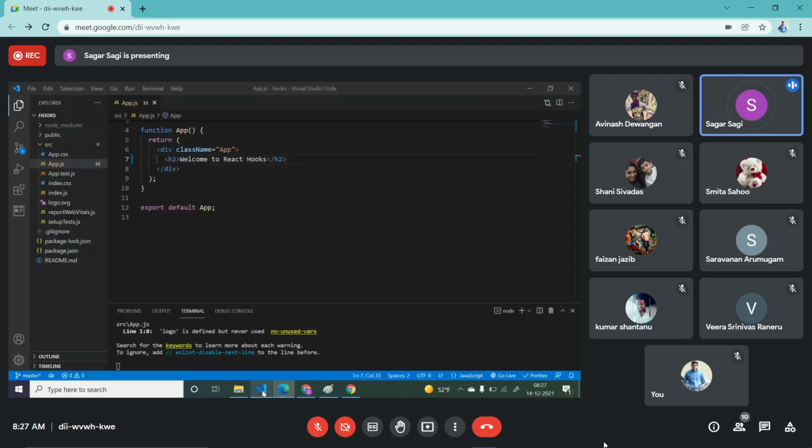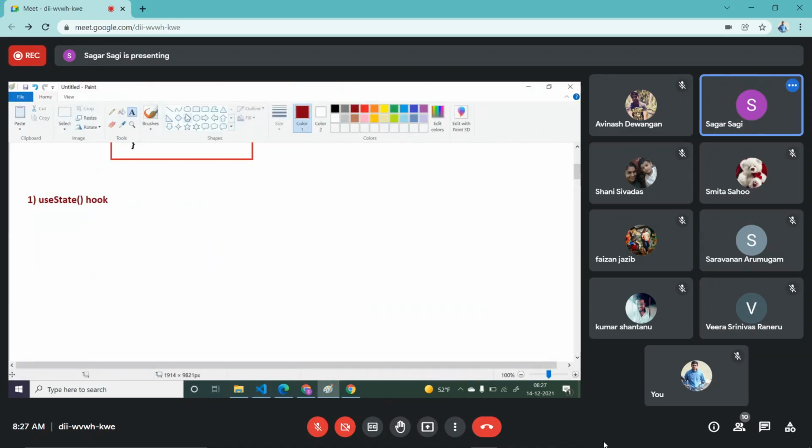Okay, done. Now here I want to create one component. And in this component, I want to create one state. I just want to maintain certain state. By default, I want to maintain here certain data.